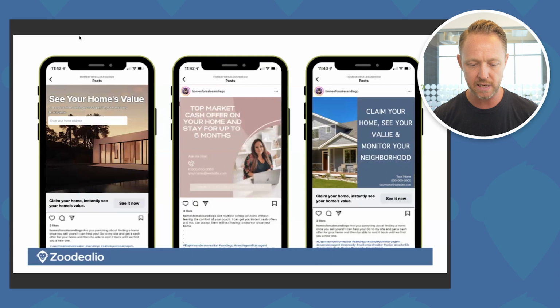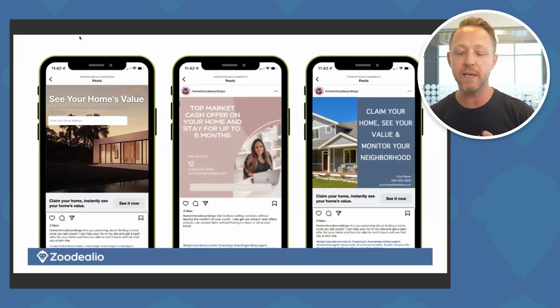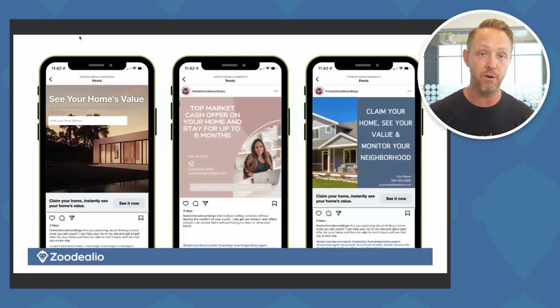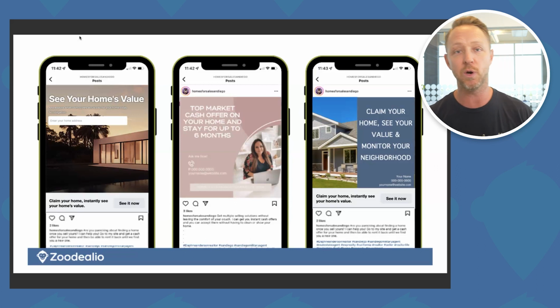Okay, so the first one, as I was putting this together, is to be able to see your home's value. Get a cash offer and stay up to 6 months. So that's kind of going right for the jugular. That's kind of the kill shot right there in that one, which sometimes you're absolutely going to have people register because they're looking for that value proposition. Hey, honey, look, check this out. We can cash out and take our time finding the house that we want. Or as soon as this job transfer comes in, we're going to have our cash and we're going to be able to move quickly because we could rent our house back on a month-to-month basis.